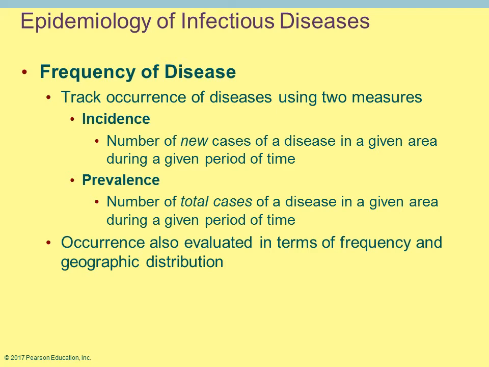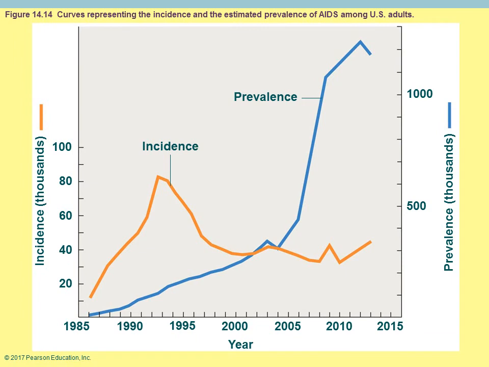The incidence would be, say, if you seem to be reporting on a daily basis, okay, today, how many new cases did we have just today? So that gives them an idea as to how the disease is progressing.